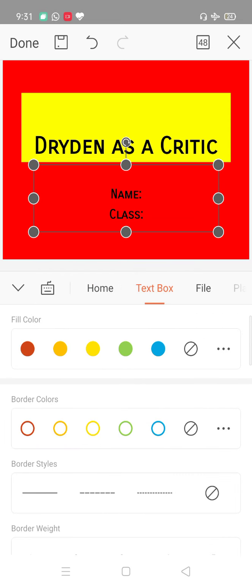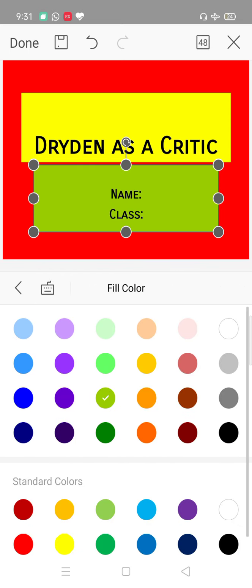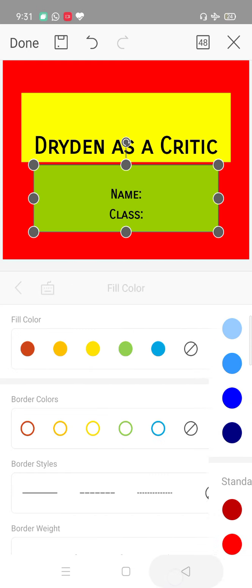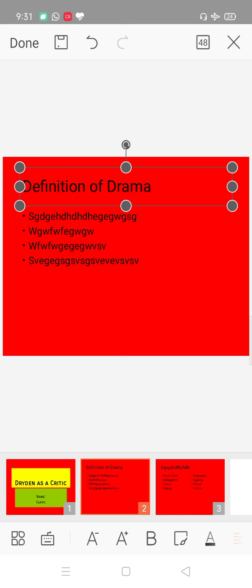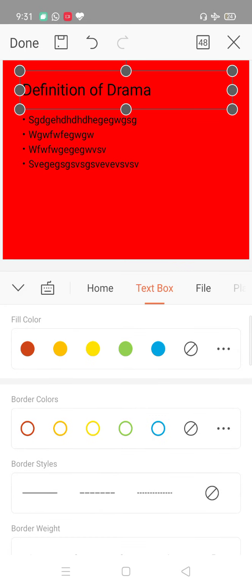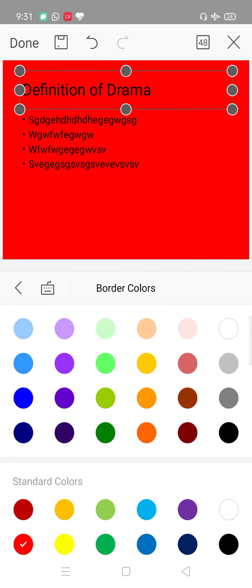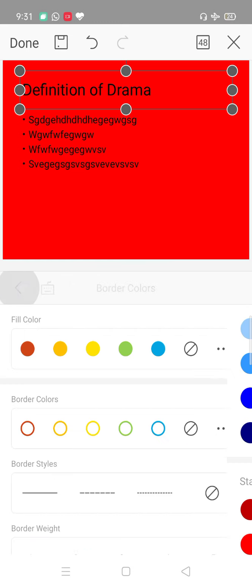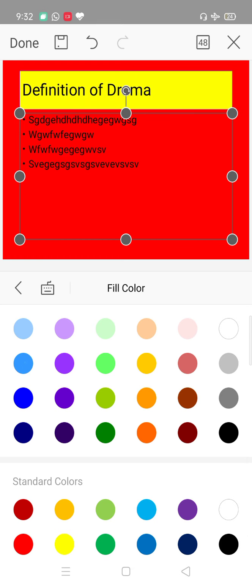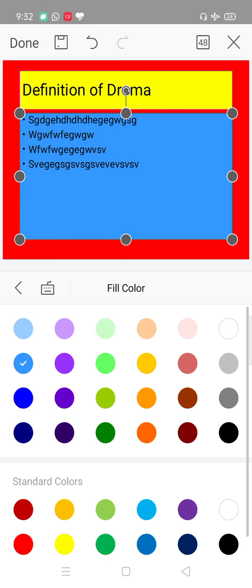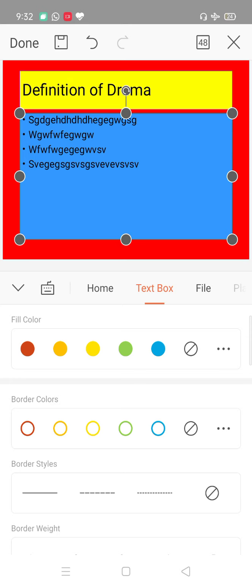Then go to the text box, change the color of your box. In the same manner you can do with this also, okay. Change the color of the text box like this, okay. Yellow, and say I take this blue. This is how you can do it.